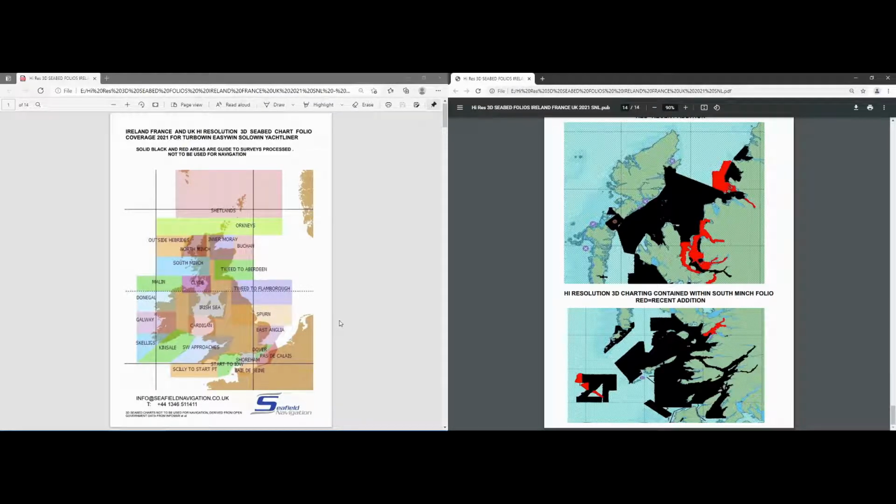Here we're giving you a look at the coverage for the 3D Seabed high resolution charts for the Turbowin, EasyWin, SoloWin Yachtliner family of fishing plotting software. On the left image we've got the European coverage that we've produced. On the right hand image we have the